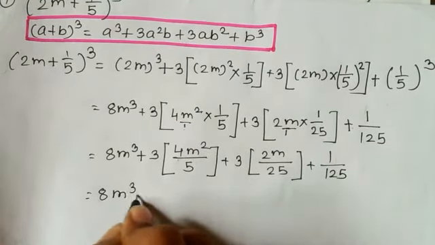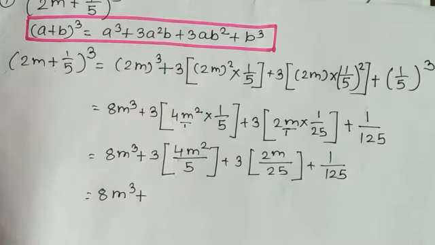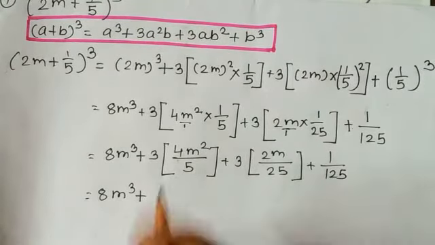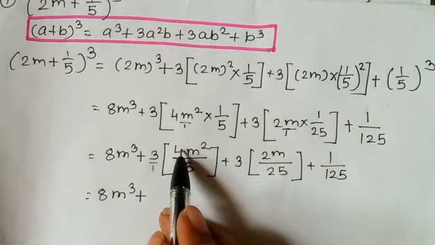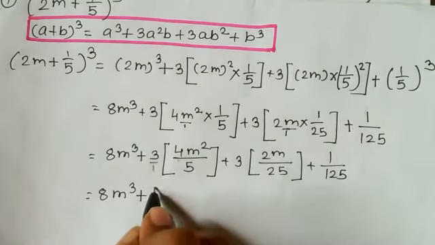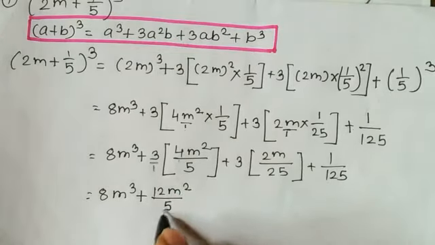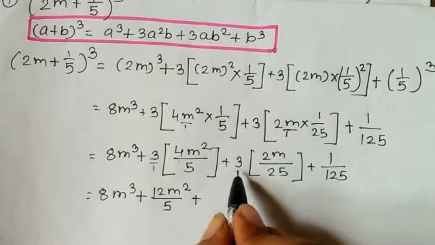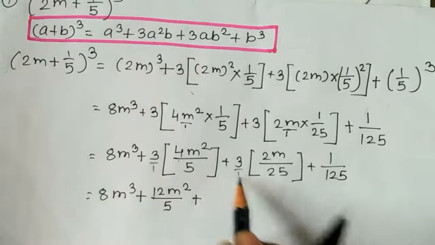8m raised to 3 plus, now this 3 is going to multiply to the whole bracket, but how? Again in the same way, below the 3 nothing is given, it means its denominator will be 1. So how are we going to do that? 3 is going to multiply to the 4m and 1 to the 5m. So 4 3s are 12m square upon 1 into 5, 5, plus again in the same way here 3 is not having a denominator, it means it's 1 only.